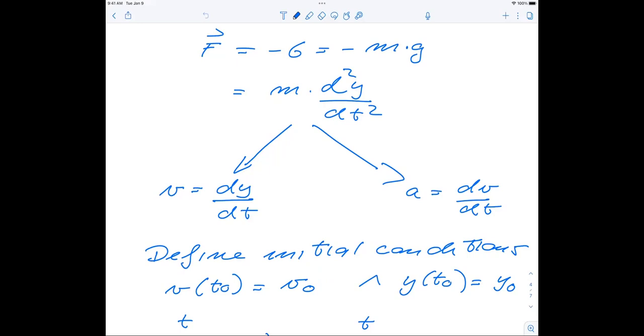The reason I bring this up is that in one dimension, you can solve this by paper and pencil. You can actually find the position and the velocities, given the acceleration. In two dimensions, you cannot do it anymore.